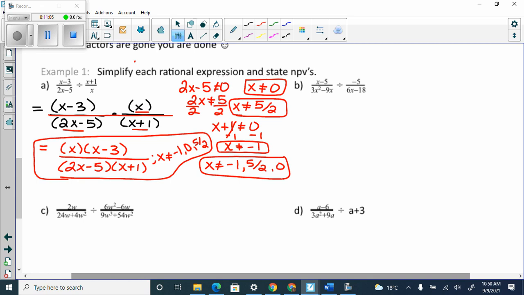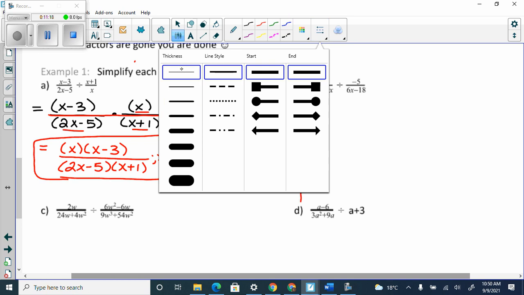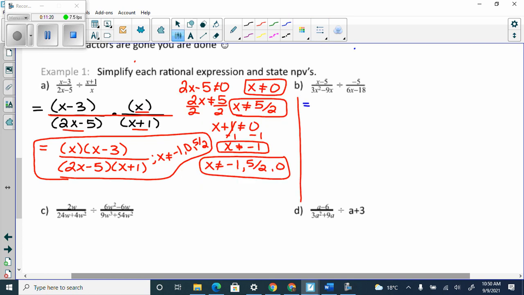So for B, the very first thing I'm going to do is flip and multiply. But remember, I have to state non-permissible values for the total right-hand side. So I'm going to go equals x minus 5. What can I take out of here? Top and bottom, bottom 3x. You take out a 3x, so 3 and an x, and I'm left with x minus 3